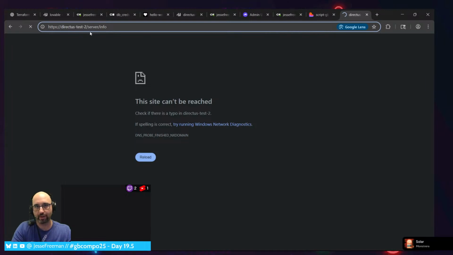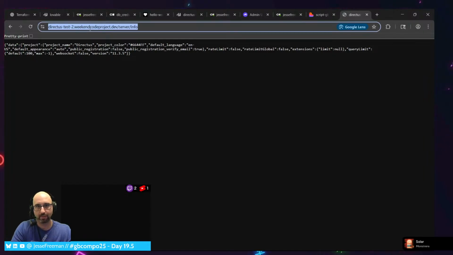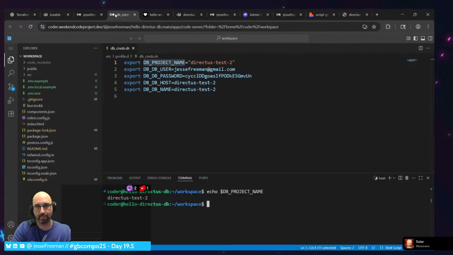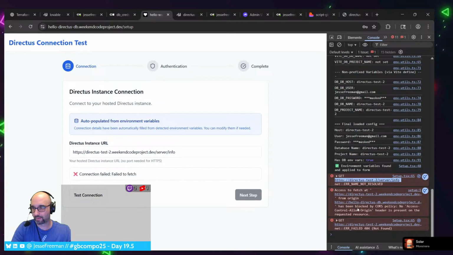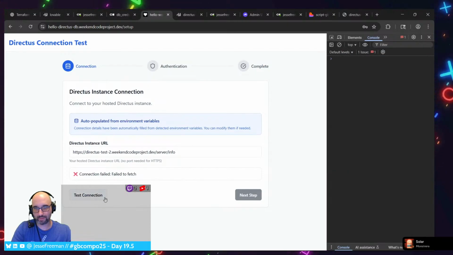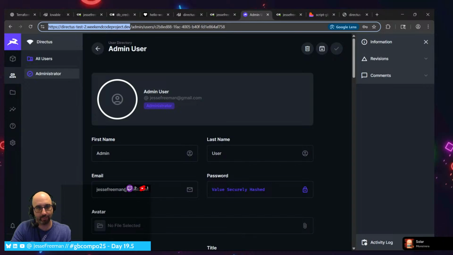Wait, why is it connecting to this? All right. I see the problem. It really needs to connect to here. Wait, close this out. Okay, I need to enable the CORS policy. I don't remember where to do this.